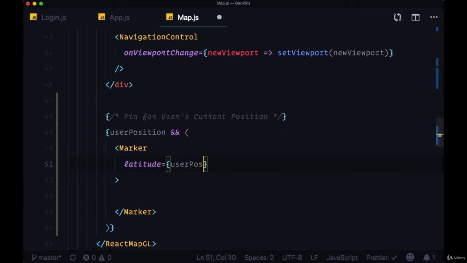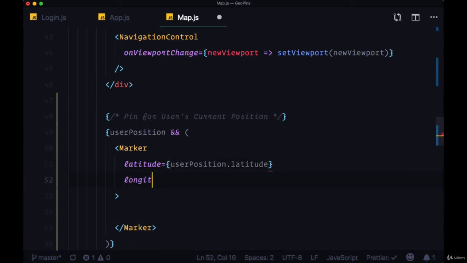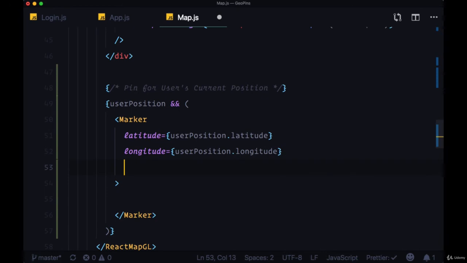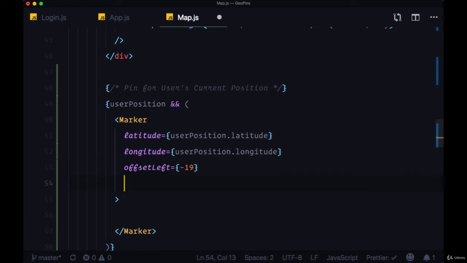That's going to come from userPosition.latitude, as well as longitude from userPosition.longitude. And then I'm going to adjust the position of this marker slightly on the map by adding an offset left of -19 pixels, an offset top